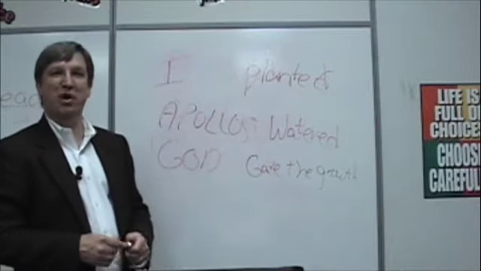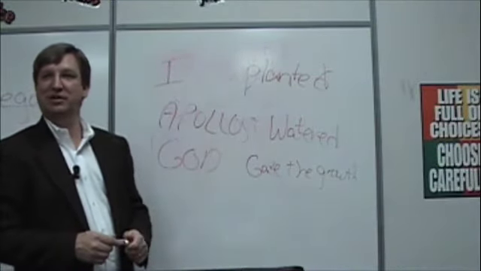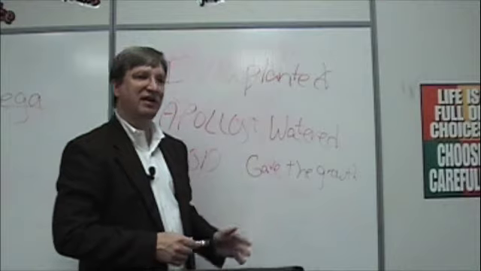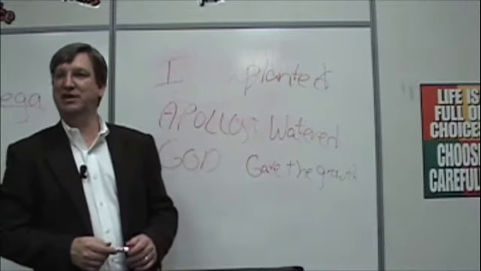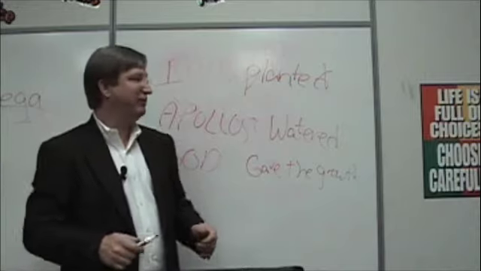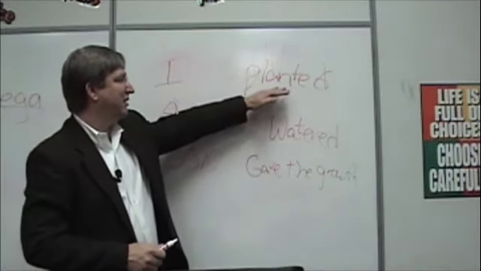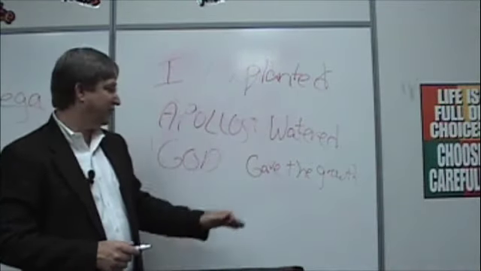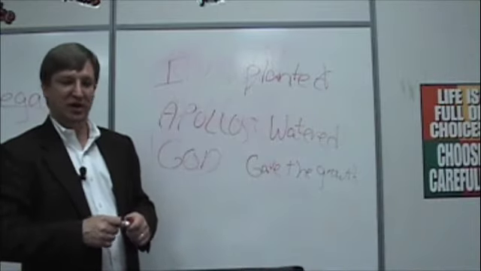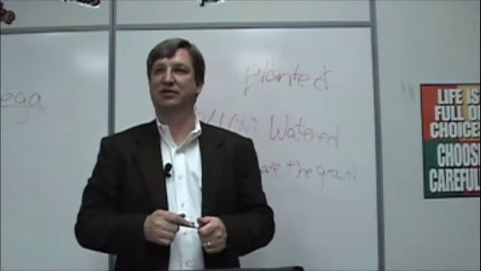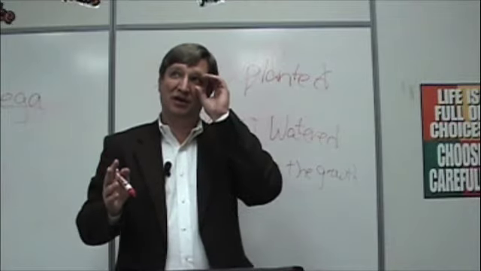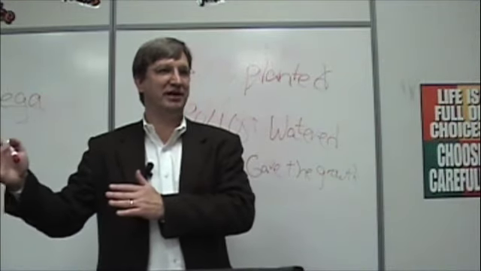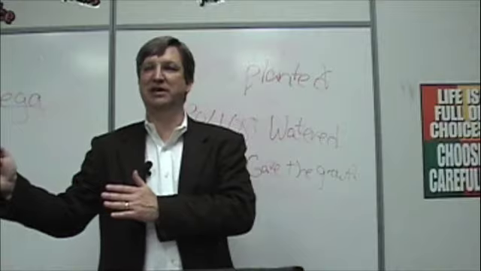And then you come to Apollos watered. That's something Apollos did in the past. That's the aorist tense. But when he comes to God gave the growth, he doesn't use the same tense. He changes the tense. He used what we call the imperfect tense. The imperfect tense is not simple past, but something that was done in the past and was continuously done. It continued to be done in the past.